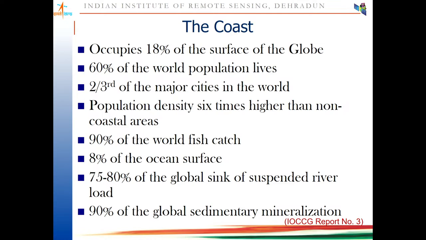Another most important thing is that in the coastal zone 90% of the world fish catch comes. That means the coastal zone is very productive. Fishes usually get their food in the coastal water because the concentration of phytoplankton is very high, and these phytoplanktons are brought from the land by the various rivers which meet in the coastal zone. So it has been seen that 90% of the wild fish catch comes from the coastal